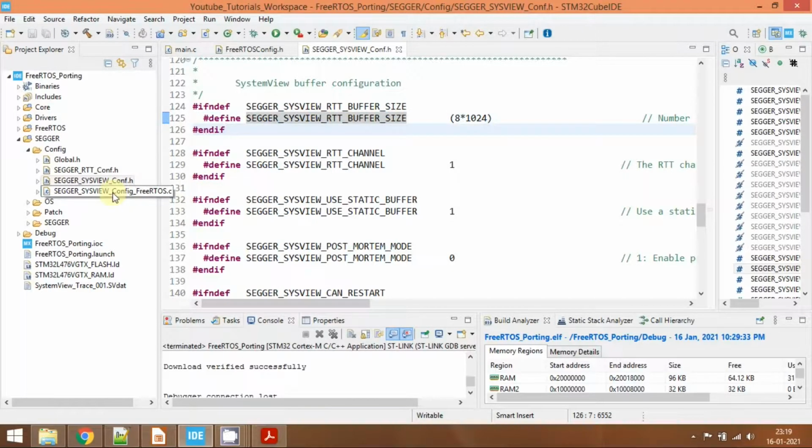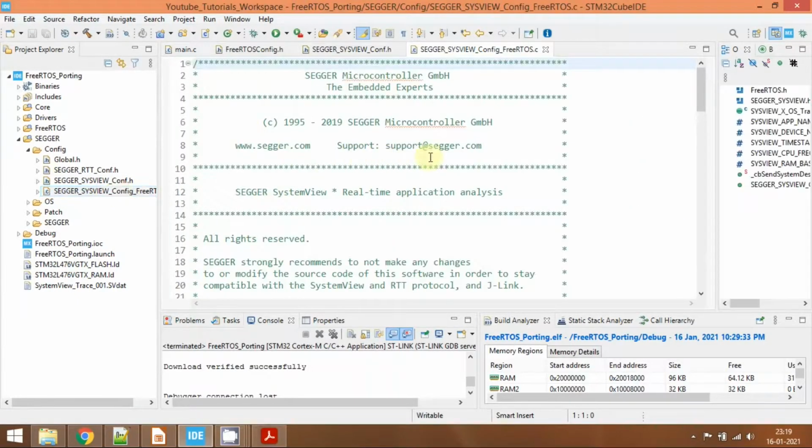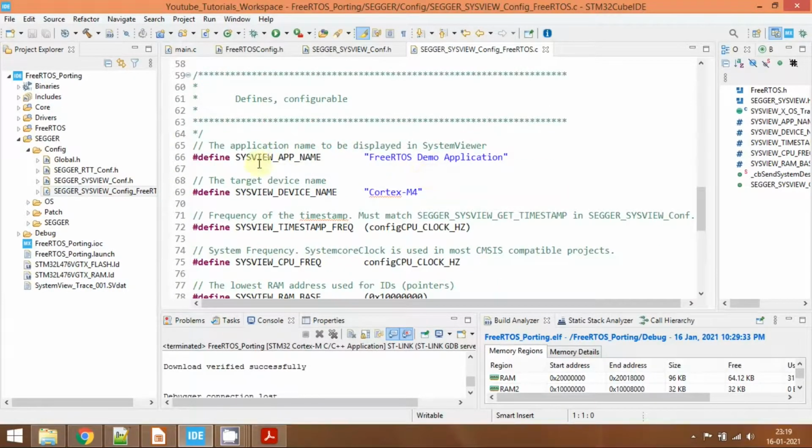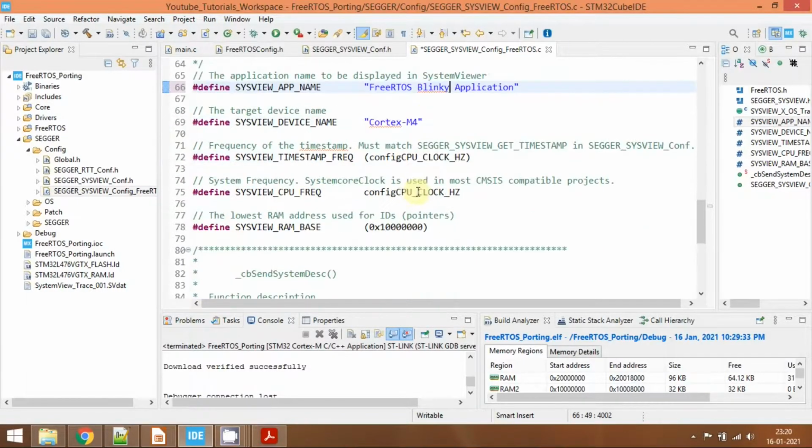Now go and open the SEGGER_SYSVIEW_Config_FreeRTOS.c file. Here we need to change a couple of parameters. Go down. If you want to change your SystemView app name, you can change it here. I'll change this name to FreeRTOS Blinky application, and the target device name, I'm using STM32L476 Discovery, so I'll give the same name, STM32L476G Discovery.